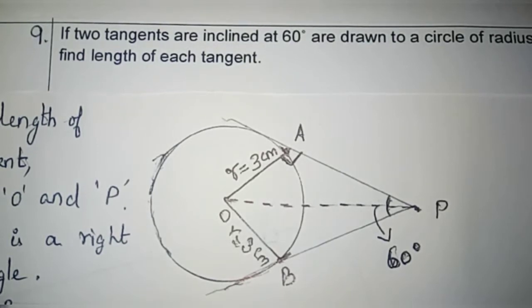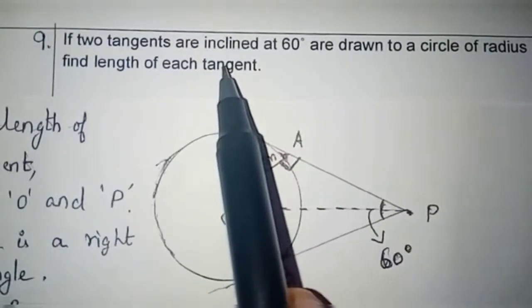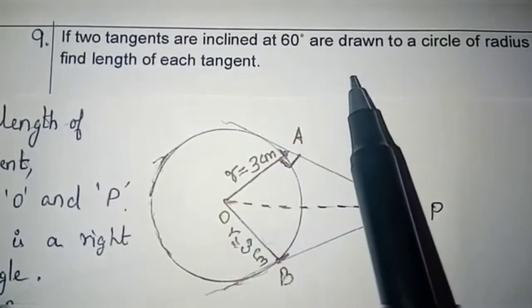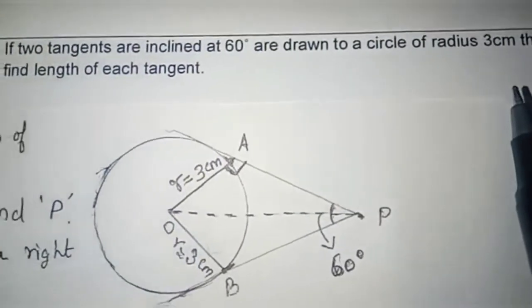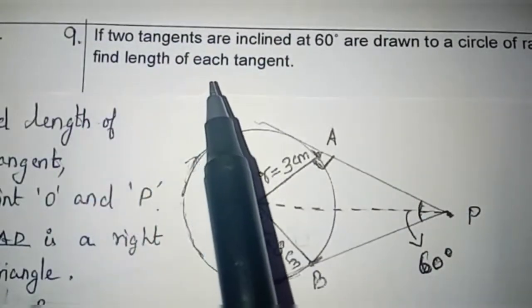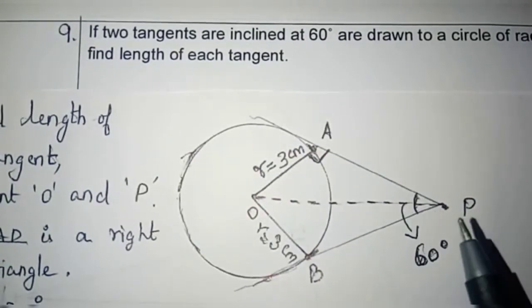Today we are going to see the ninth problem of the CBSE class 10th maths sample paper. The ninth problem is: if two tangents inclined at 60 degrees are drawn to a circle of radius 3 centimeter, then find the length of each tangent. In the problem, it is given that